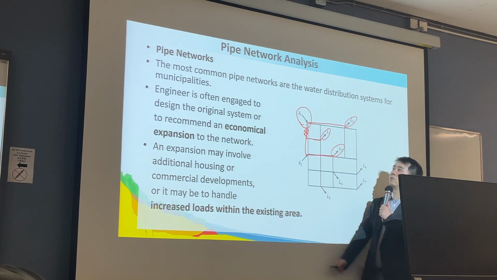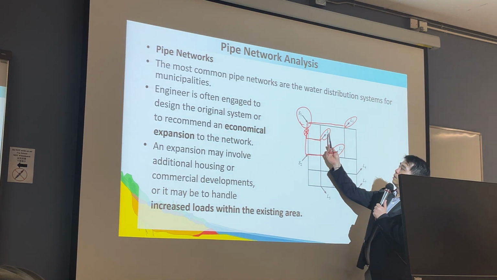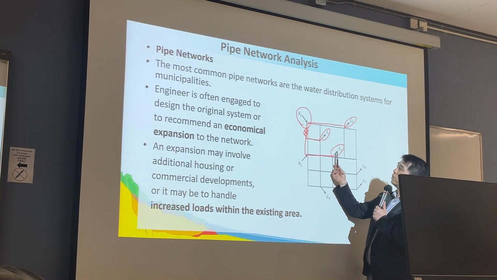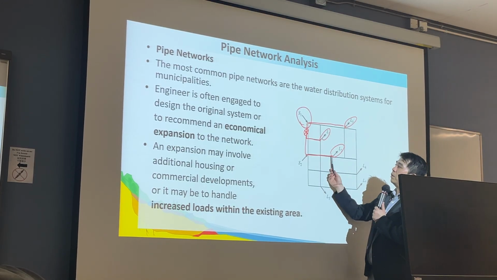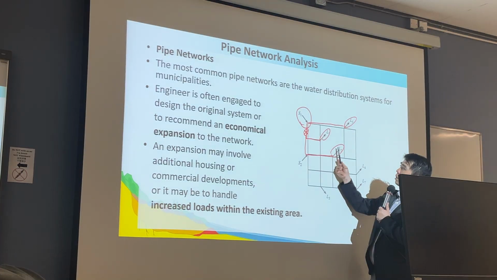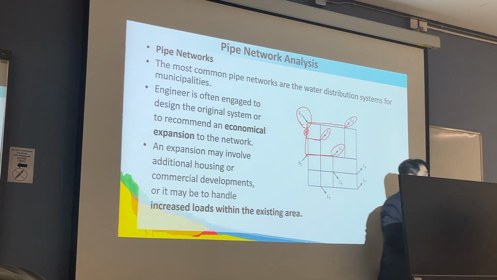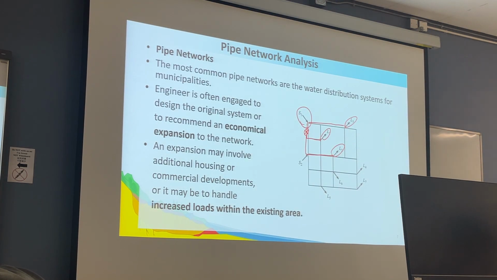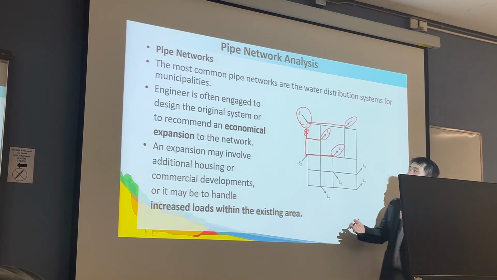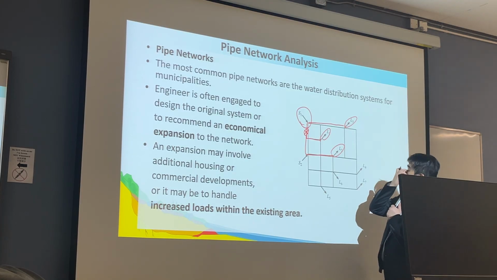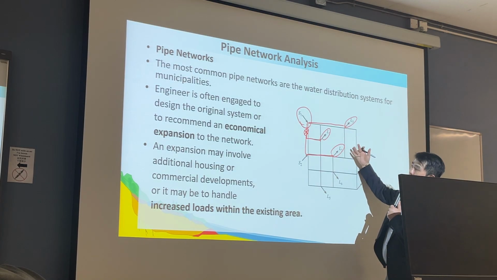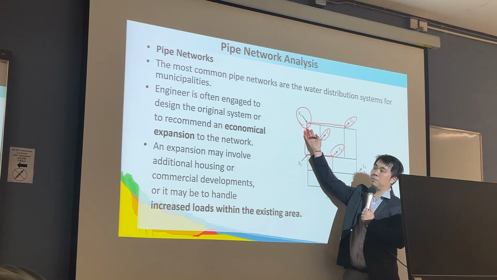If such an accident happens, user 1 and user 2 will have no water supply, because this is only a one-way supply for user 1 and user 2. The WSD will help by having a contingency plan to provide contingency water supply